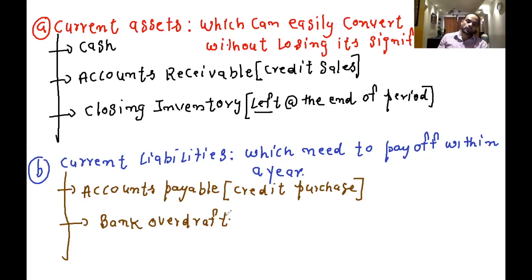Bank overdraft. Sometimes we call it overdraft, or sometimes bank overdraft. Same thing, right? So bank overdraft is also a current liability. Why? Because you're going to make payments on such kinds of borrowing in a short period of time. Why? Because if you take a longer period than the period the bank gave you, let's say 2 or 3 months, if you take a longer period,